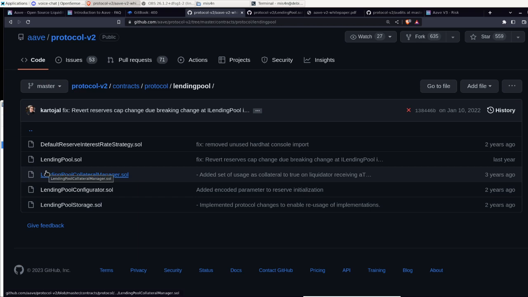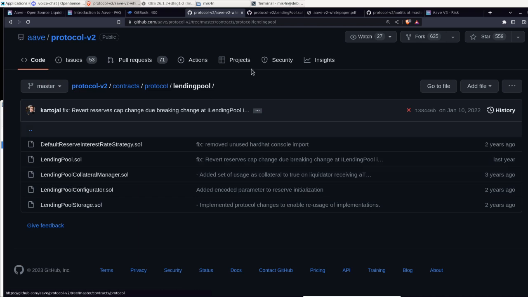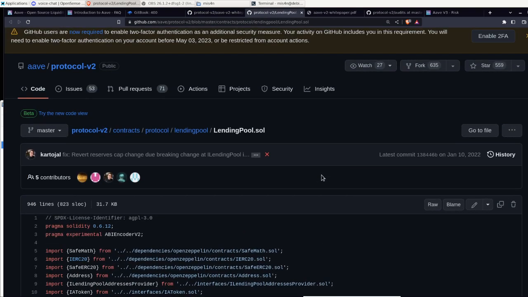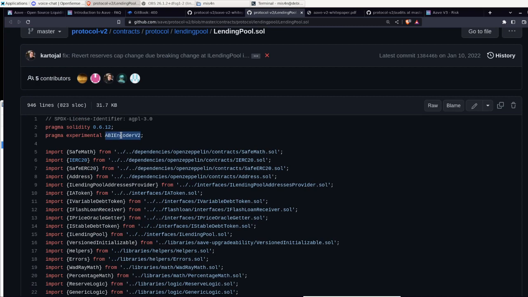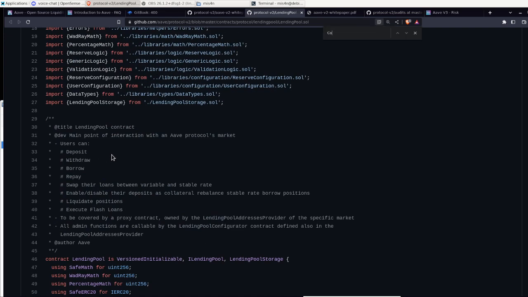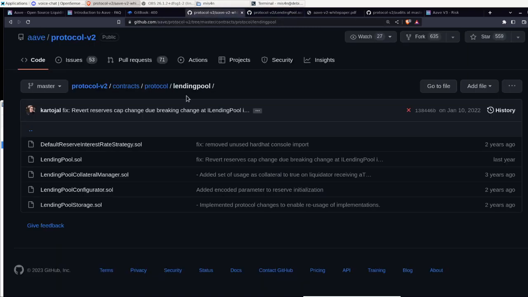I'm not seeing the core. Probably maybe two contracts inside the lending pool. But just from the start, we can already see ABI encoder V2. They have modern ABIs. All the stuff is happening here, and I'm looking for the core thing. Probably not in this folder.